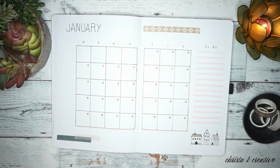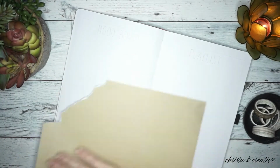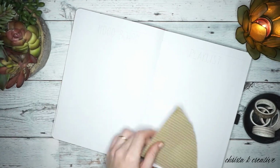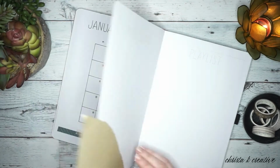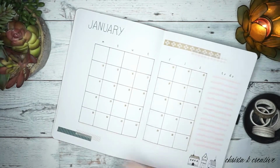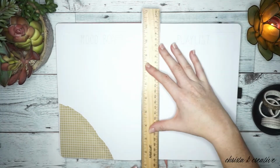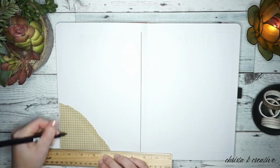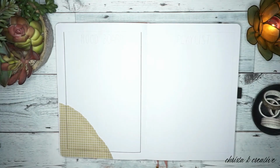So these next two pages are replacing my mood and habit trackers. I found last year that I was mostly just doing it because I had them, not because I wanted to or because they provided any value to me. So I made the decision to leave those out for 2021 and instead do two things that I really enjoyed doing,